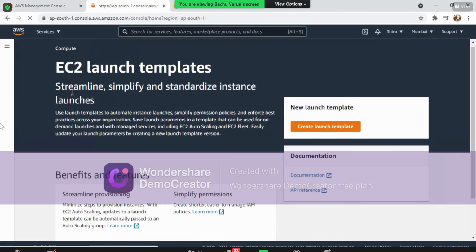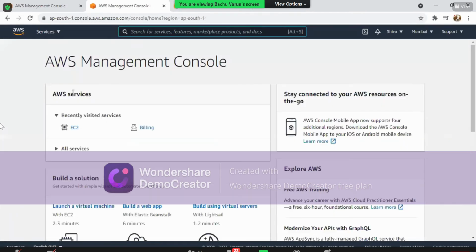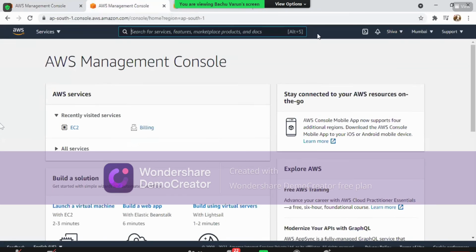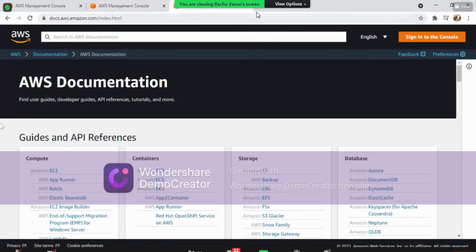Right, again, we are back to the page. So we are back to the AWS Management Console. I want everyone to create this only after completing the very first practical, or else after creating the AWS EC2 machine.